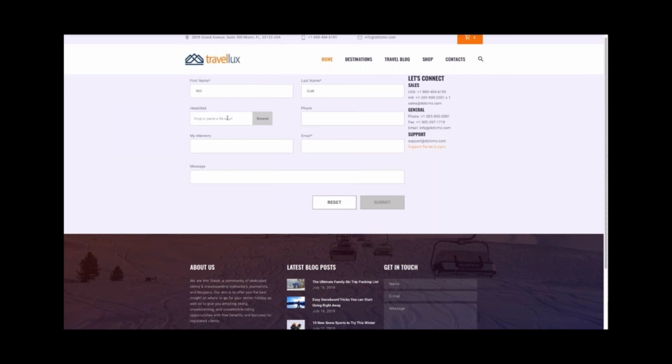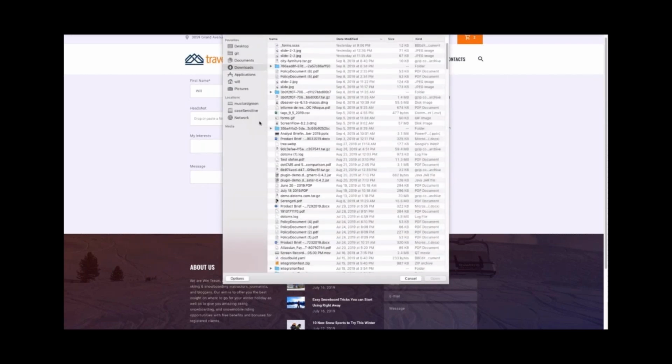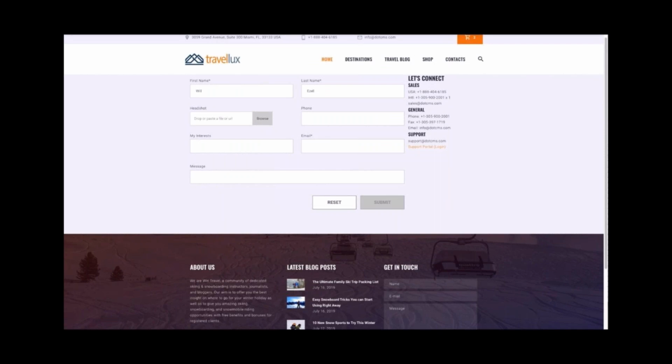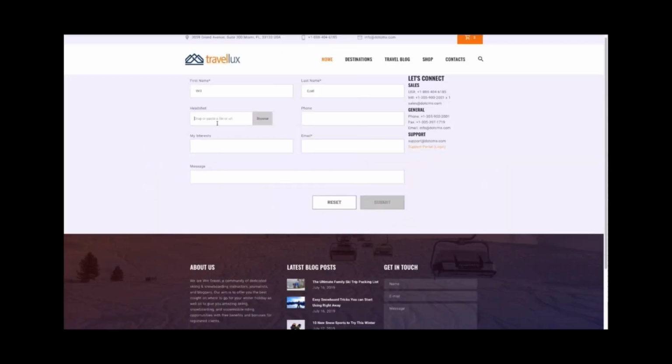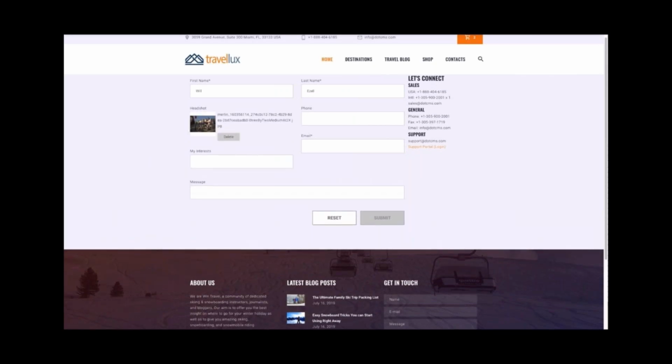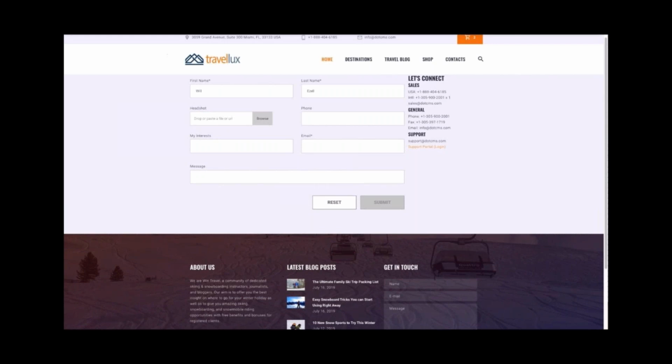Binary upload is an interesting field here. You can browse for a file to upload, but you can also cut and paste a URL into it that can be automatically uploaded into dotCMS. So if I take an image, for example, copy image address, come back and paste that, you can see dotCMS has gone out and pulled that down. It's going to automatically drop that into the piece of content.